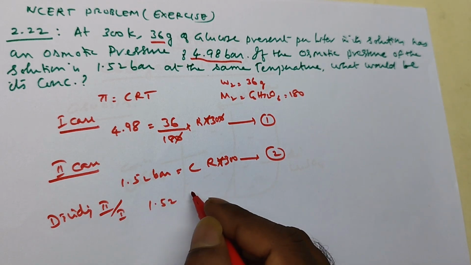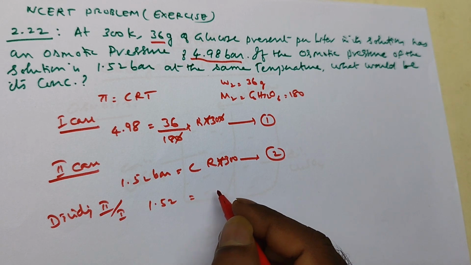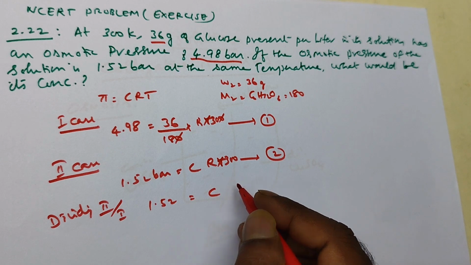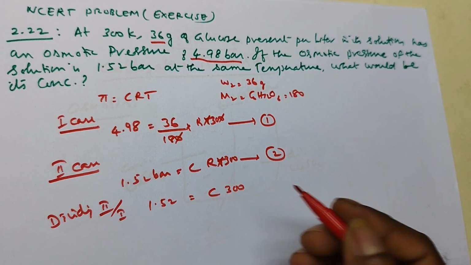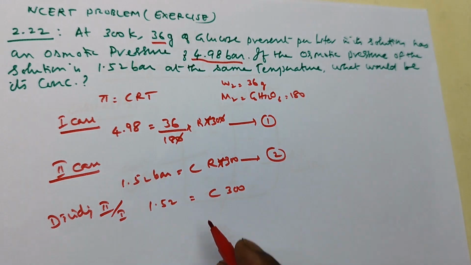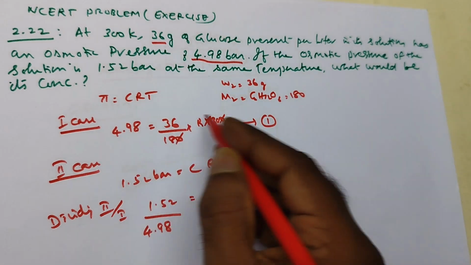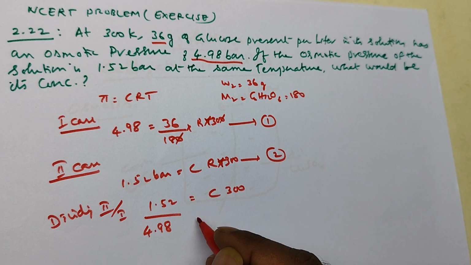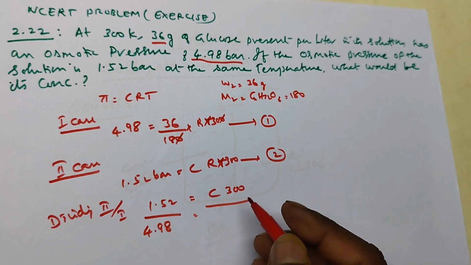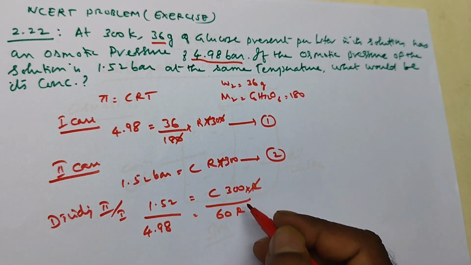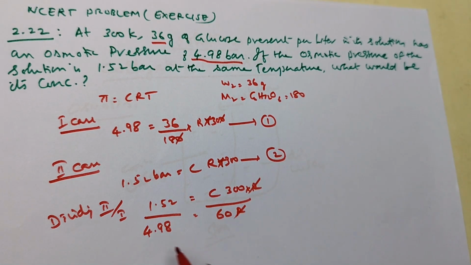This is the second case I am writing. Equal to C, 300. R will be cancelled. And divided by the first case, that is 4.98 bar. This also you simplify, we are getting 60 R. R cancels. Now you want to find out C. What is the C value? C is equal to